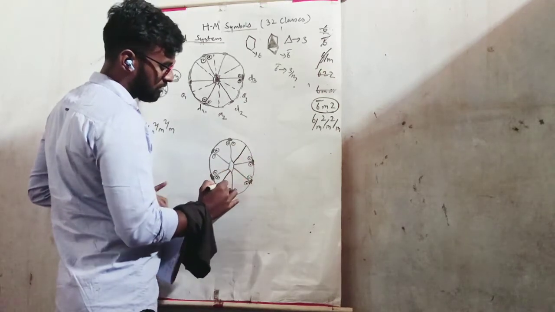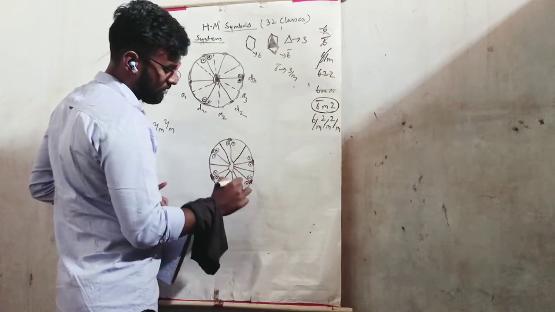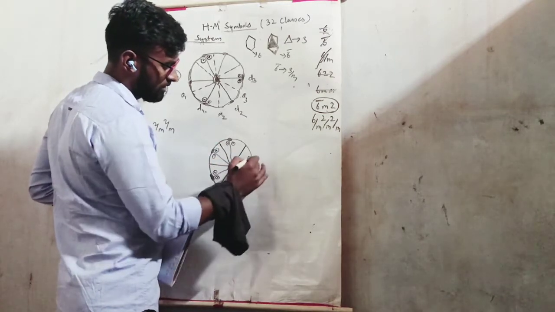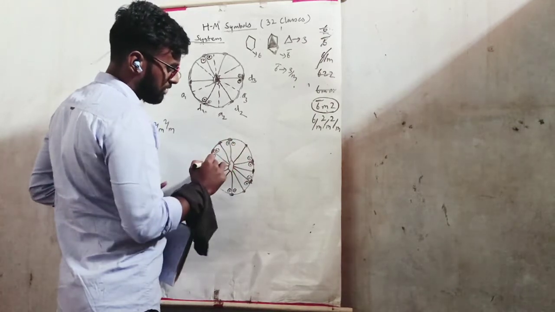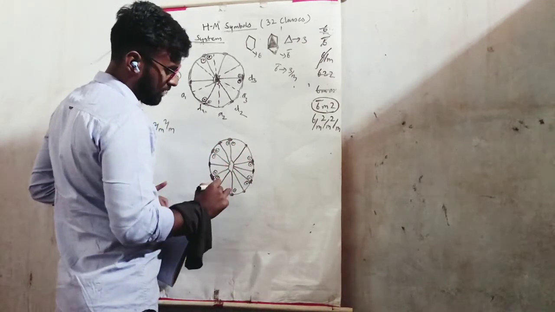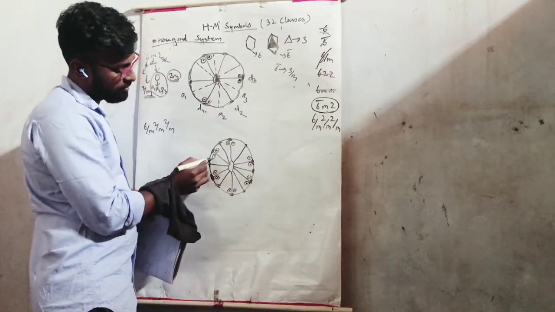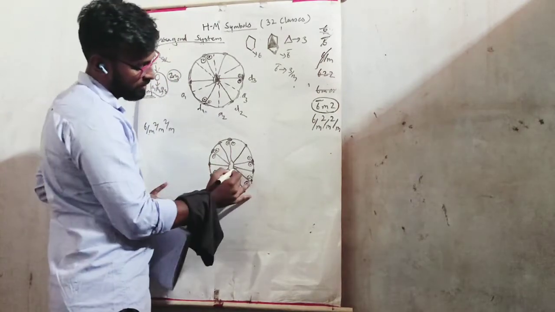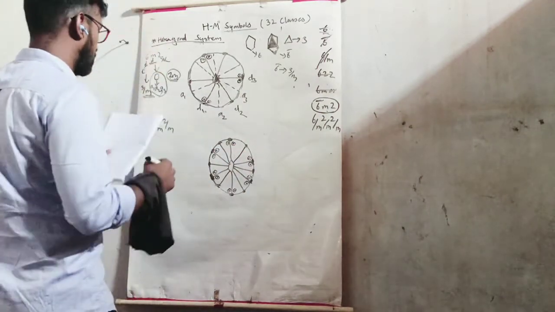So we need to draw the diagonal again. Now we have the diagonals. These are also mirror planes as well as two-fold axes. So about these axes also, it gets aligned perfectly, because about this diagonal axis we have these two. About this one we have these two. So it gets calculated automatically.